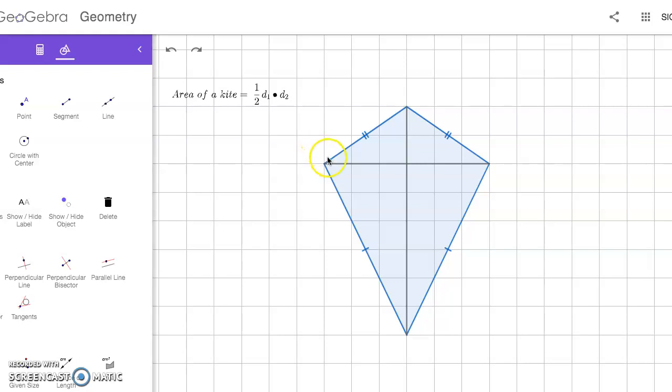a mouthful to say. But as you can see here, we have these two sides which are consecutive next to each other, and they're congruent. And then these two sides here are consecutive and congruent as well. So this is a kite. And these lines here through the middle are the diagonals, which feature prominently in the area formula that we're going